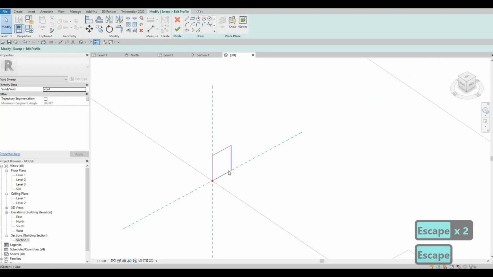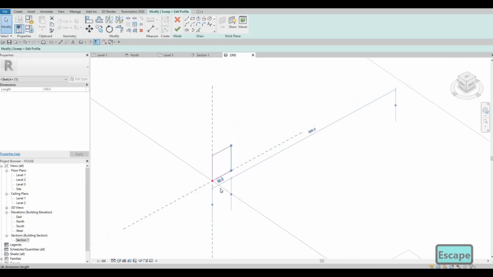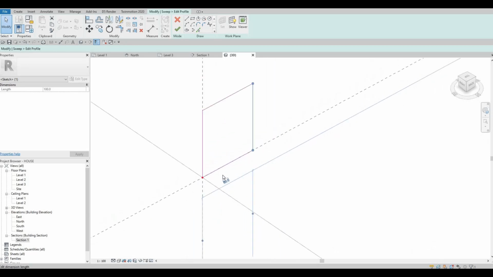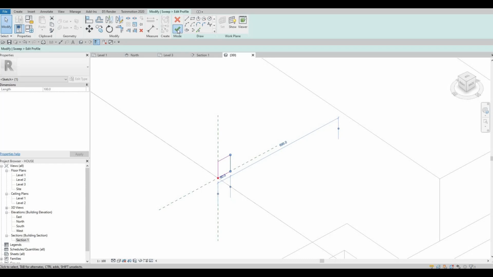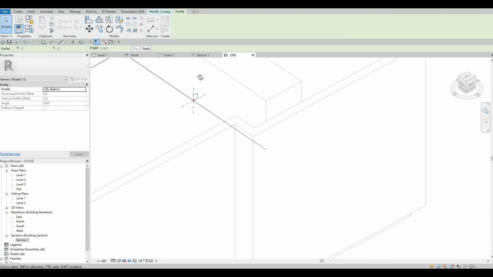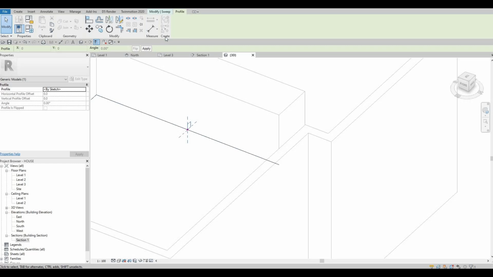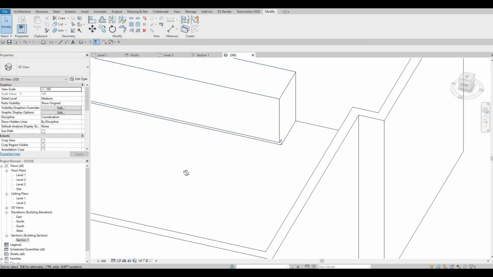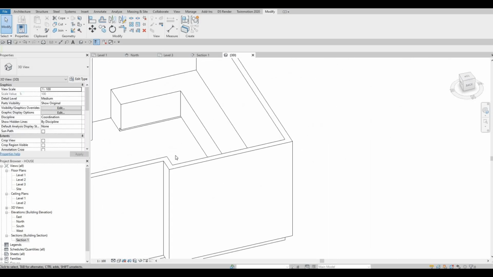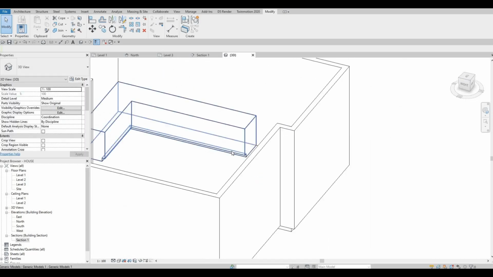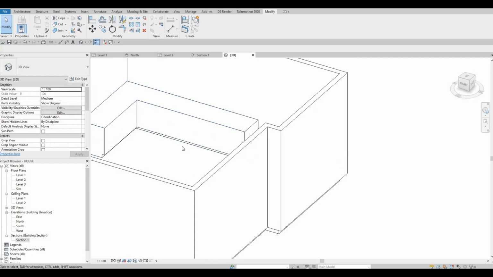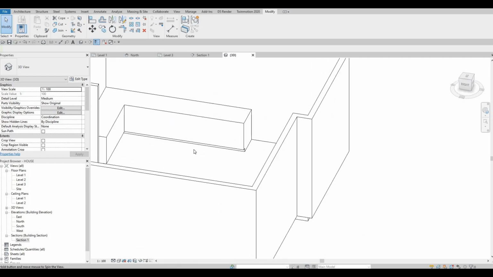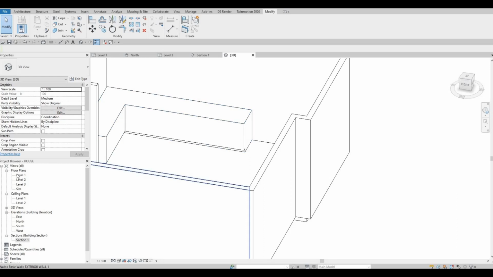So around 100 and around 80. So now click finish, and then after that, click finish again by clicking modify, and we have our void form. So now it looks like cabinets now. Okay, go back to level 1